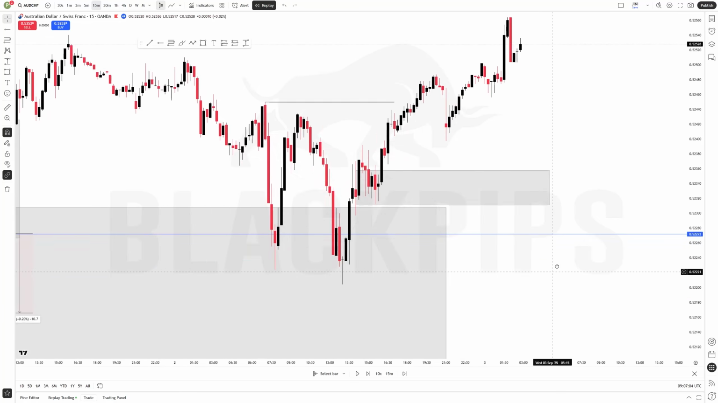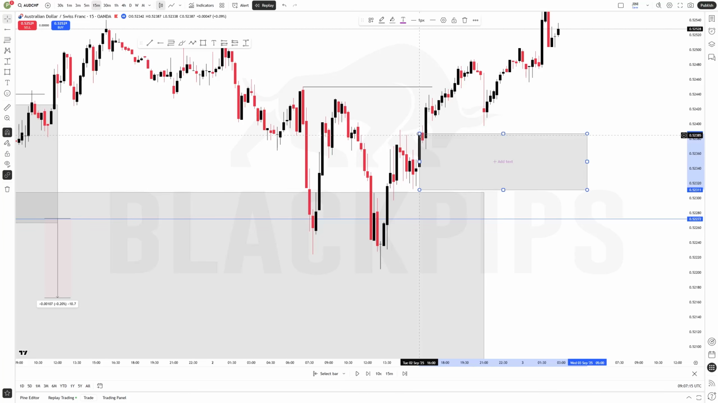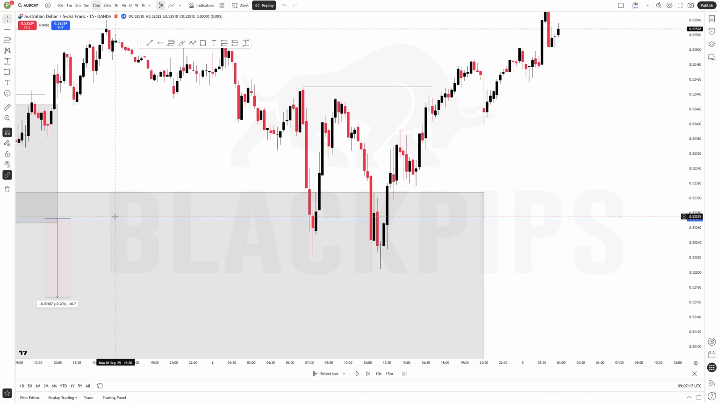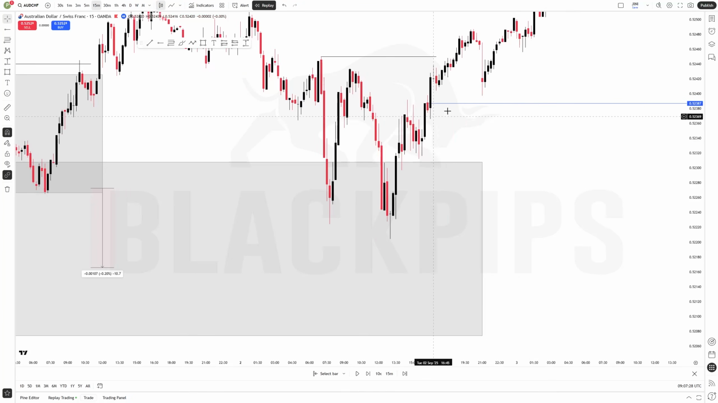So if you go back to the 15 minutes, you can see we were having this inside formation which was already taken, but this one was not yet taken, so we can choose this one. Let me delete this line here, let me put it here. You see, this was the only liquidity that was not yet taken, so we go back to 3 minutes time